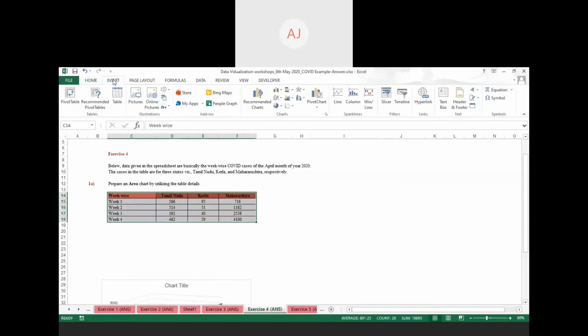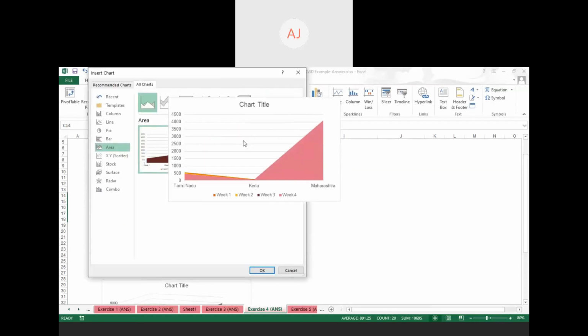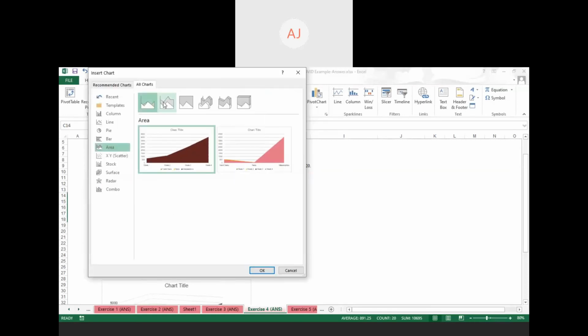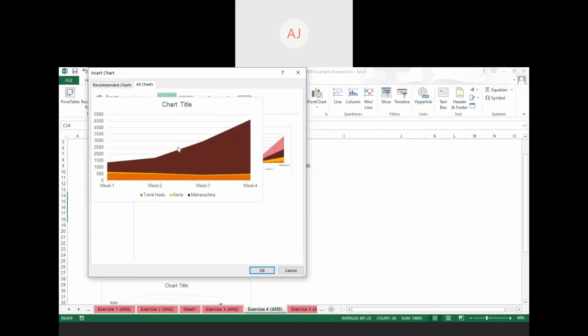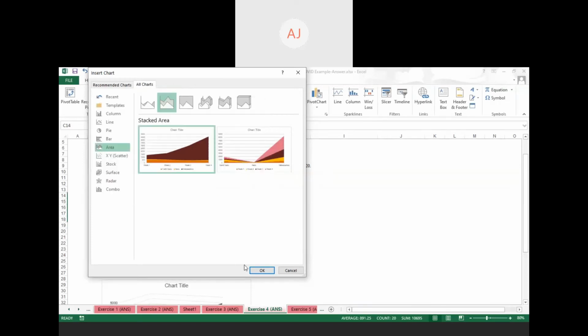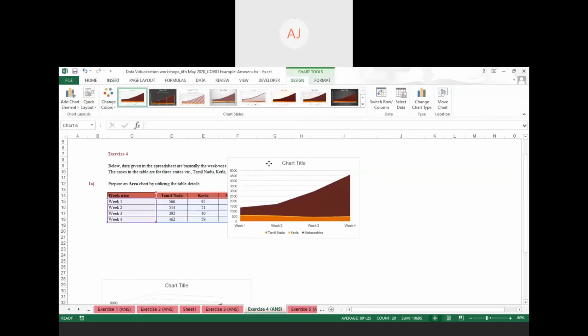Go to the insert option. And go to the area chart. There are so many area chart options. You can select the 2D way also. In 2D, you'll have